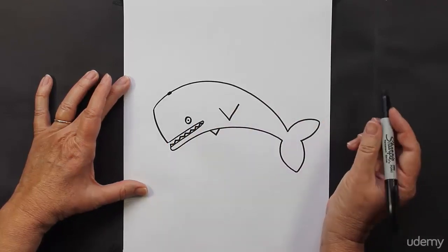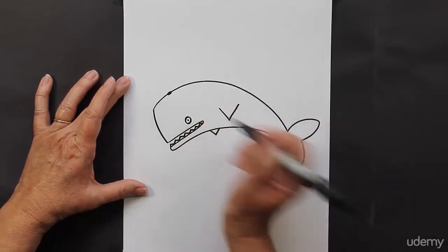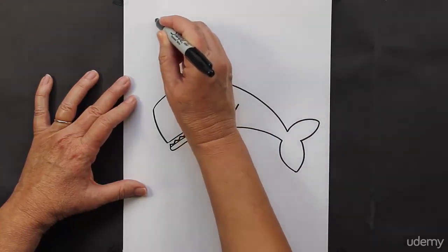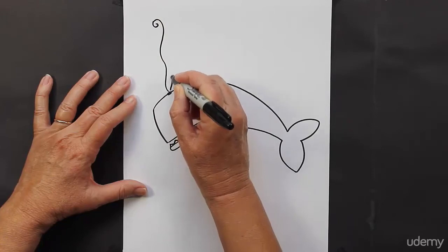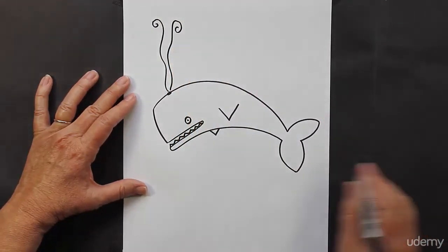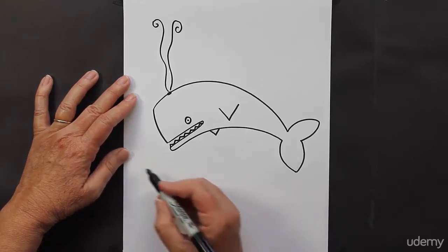We're going to make a blowhole. So he's going to be blowing some water out. So we are going to make some squiggly lines, maybe with curls at the top. Just like that. Down below, if you'd like to make him jumping,